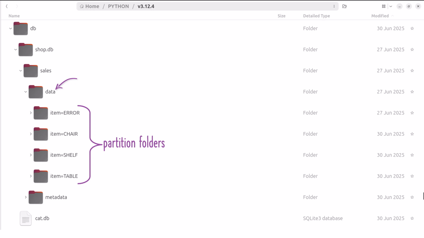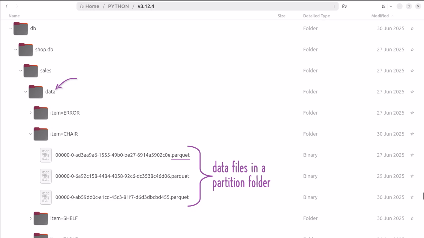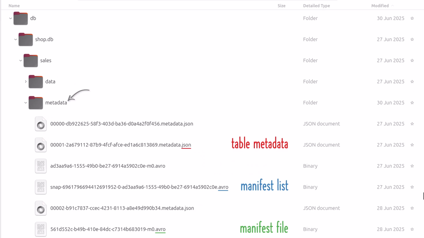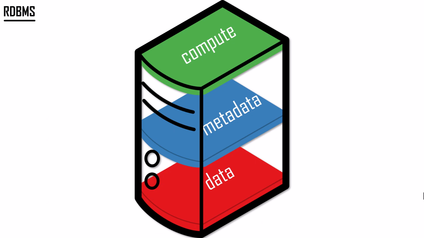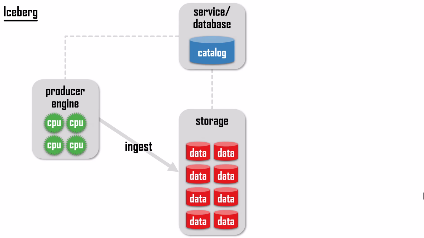As I grew the table, more Parquet files were automatically written to each partition folder. Here you see examples of each metadata type. An all-in-one database server didn't need to integrate multiple compute engines with its metadata and data. But Iceberg does, so it can be implemented in many ways, and I'll show examples where different engines are used